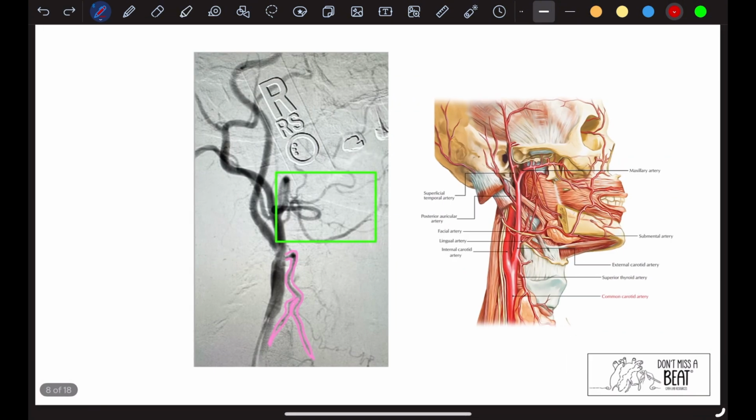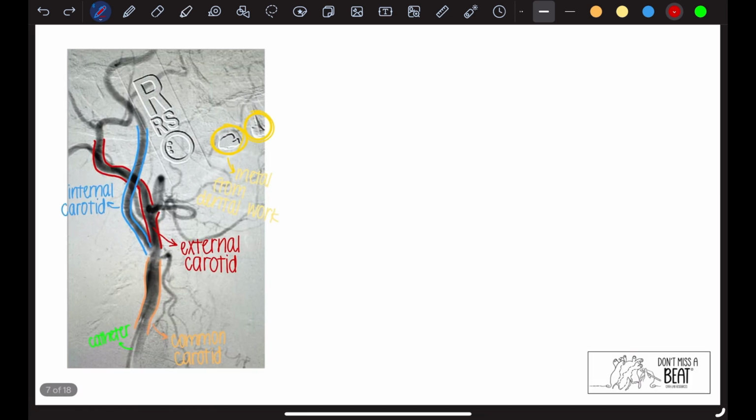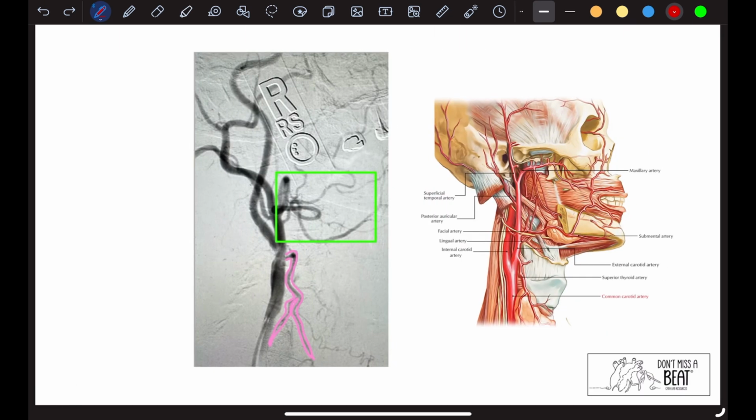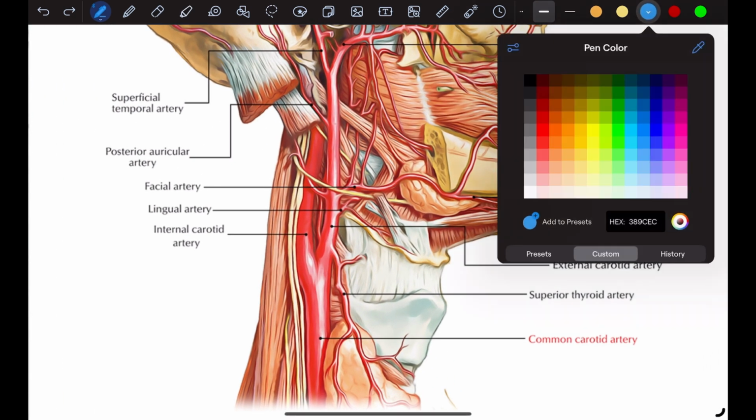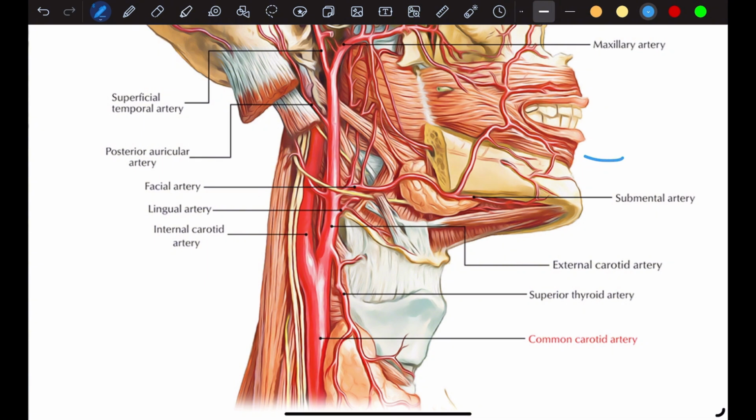Now, this is the same image, but we're going to talk about some of those little branches. And if you've never really talked about or seen these before, I have a reference image on the right-hand side for you. So now notice all of these branches here are coming off of the external, right? So if we look over here,